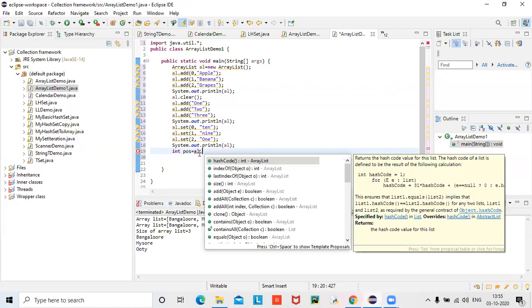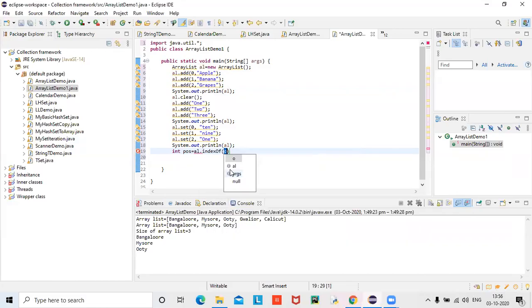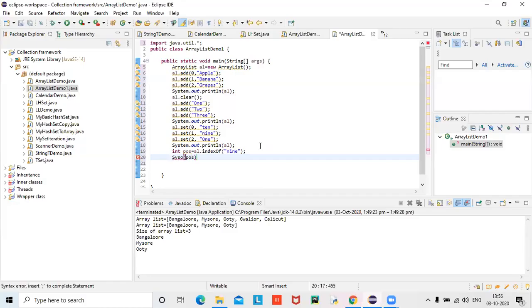So what I do is there is one method called index of. Is it showing? Yeah, here it is. Index of. So index of which one do I want? 9, I want index of 9. Of course it is 1, we know, but if more things are there, this method can be handy for you to get it. And then SYSO. That position I can display now, in which position it is specified. Whatever indexOf is specifying will be put in pos, and that pos I'm going to display here.